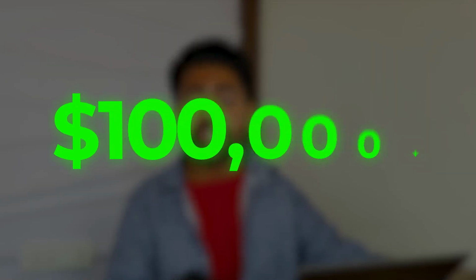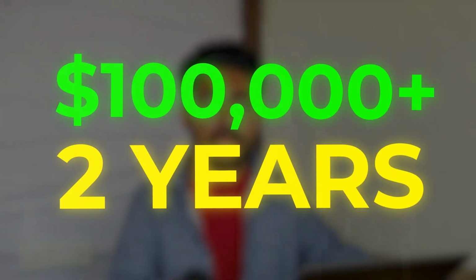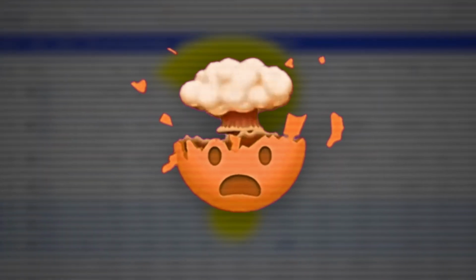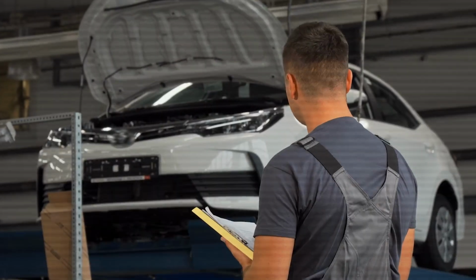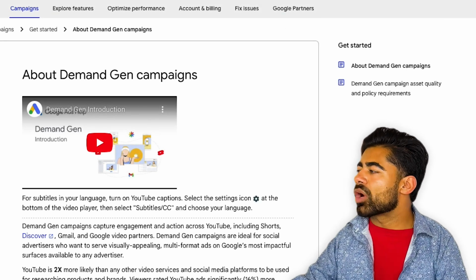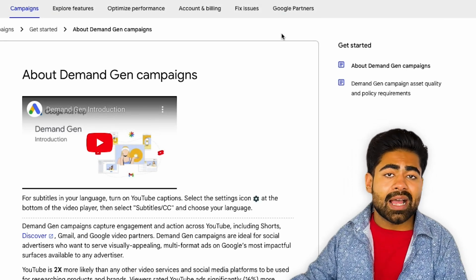I've spent over 6 figures in the past 2 years alone trying to perfect my demand gen campaign strategy, and today I have found a brand new approach which is going to completely blow your mind. This demand gen campaign strategy works regardless of the niche or industry your brand is in. But before that, let's first understand a bit more about the fundamentals of a demand gen and exactly how it